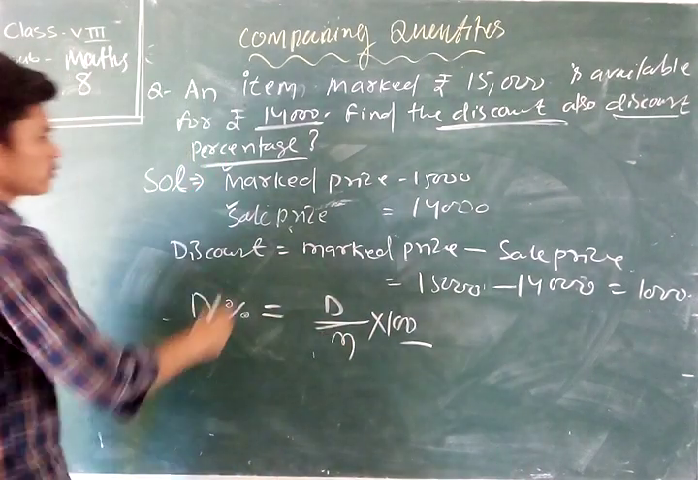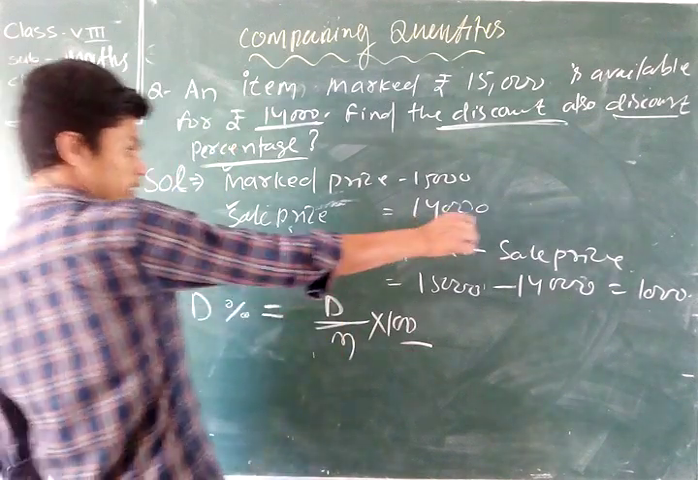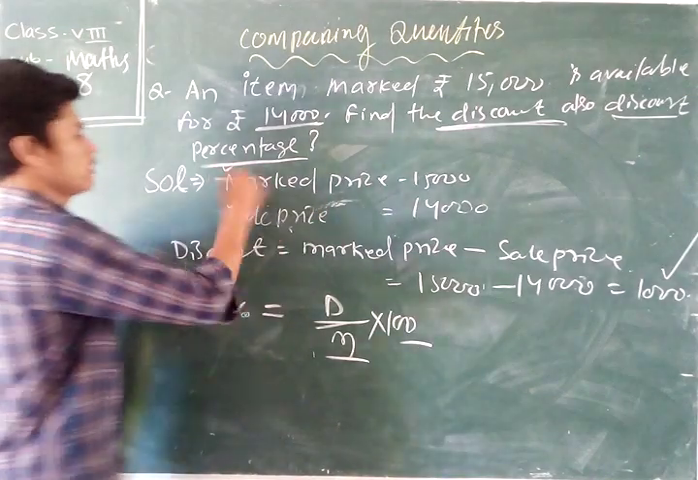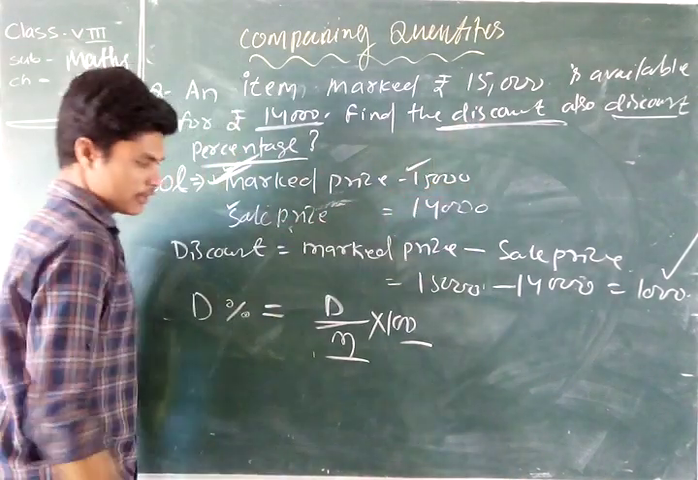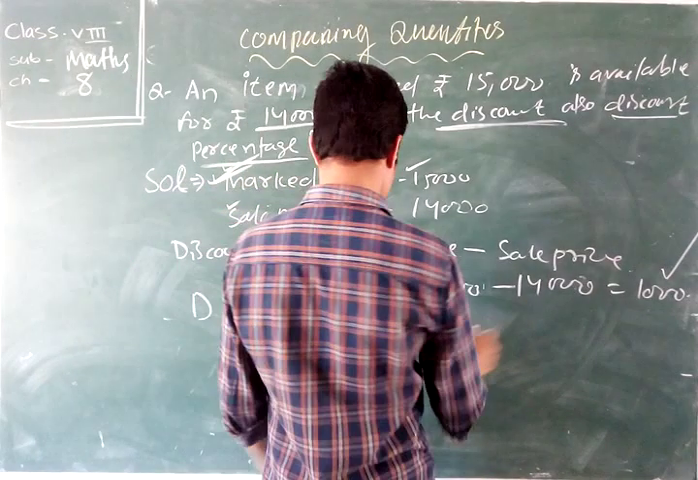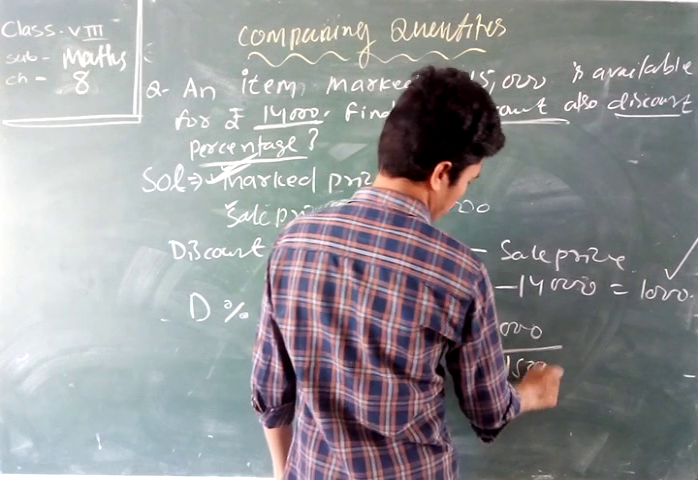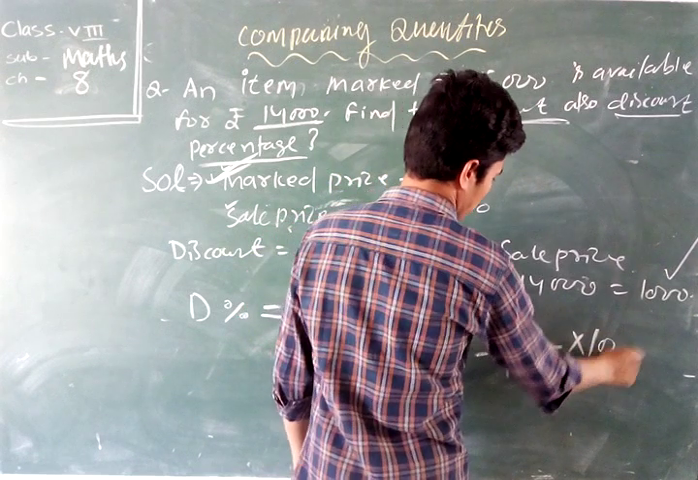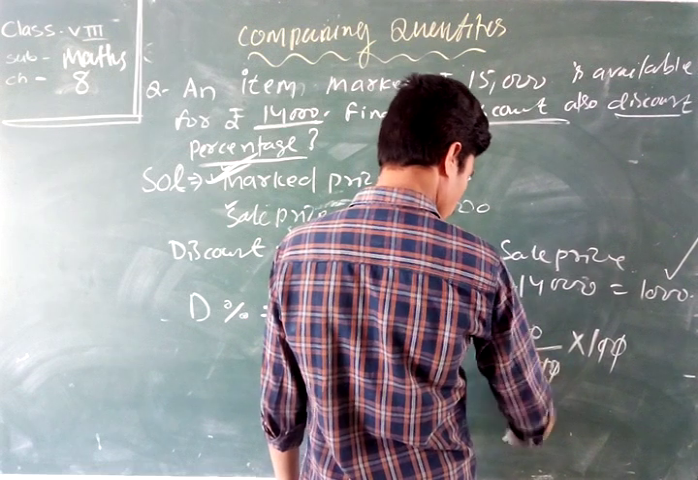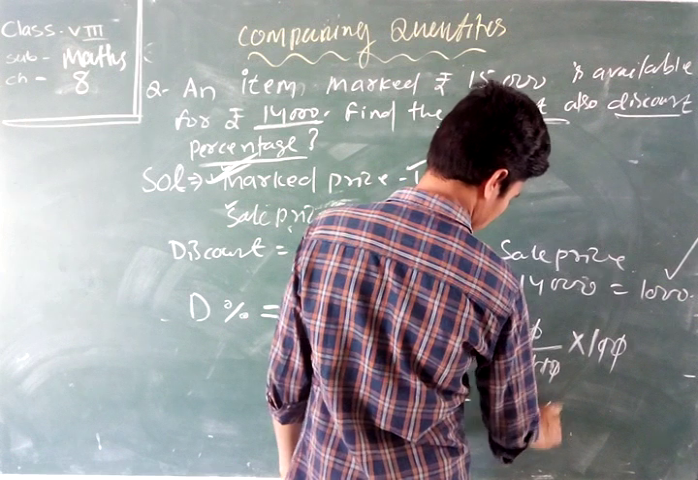Okay, D by M. D denotes the discount. What is the discount here? 1000. M denotes the mark price, this one. Into 100. Okay, discount percent here: the discount is 1000, the mark price is 15,000, into 100. Okay, 0 0 0 cancel. 2 0 0 3 0. 100 by 15 equals